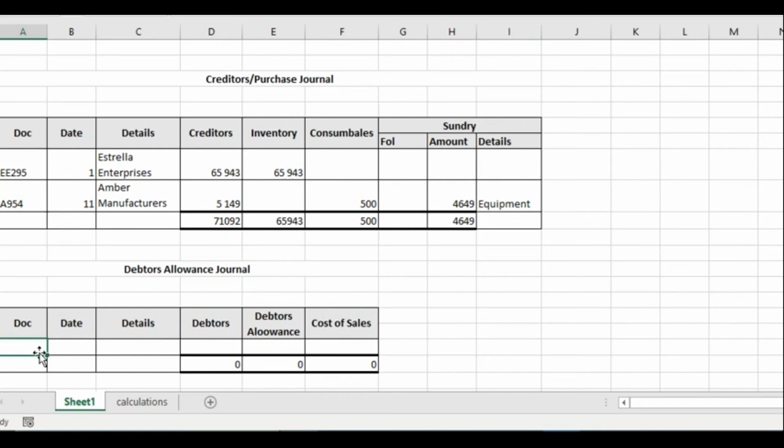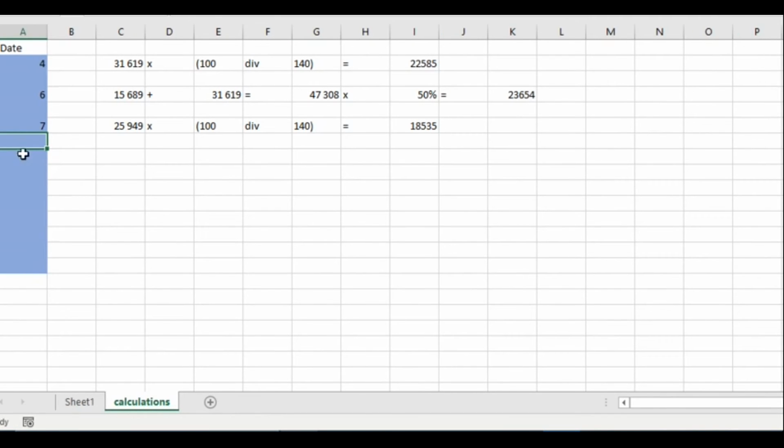So here what we're going to say is our doc number is CN56, and our day is still day 12, and it's D. Doddle, and our debtors D. Doddle. He returned goods worth 4,739. Our debtors is 4,739. So now to calculate our cost of sales, here I'm just going to say day 12, so we know which day it is. I'm going to say 4,739